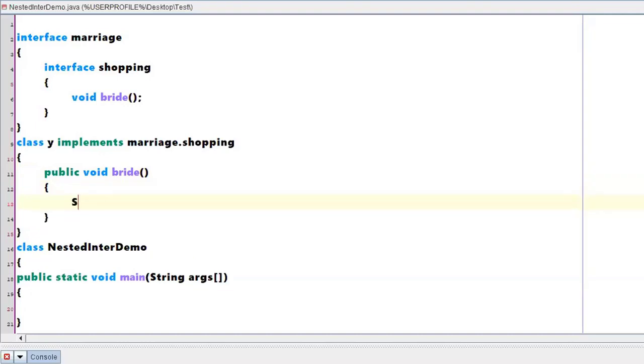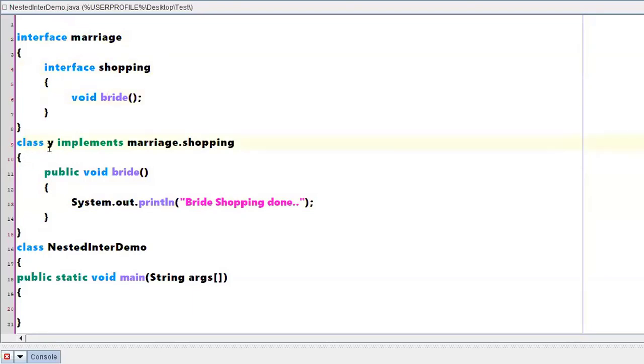Clear? Now, System.out.println. Clear? One interface, and one more inner interface. Inside it I had a method.